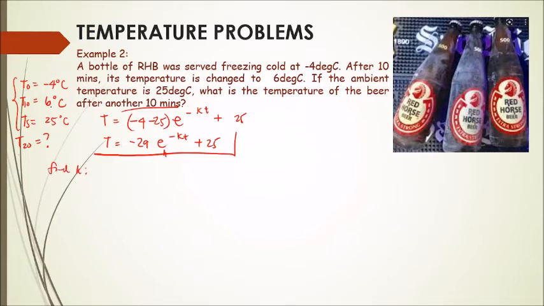You will use this T10 at 6 degrees Celsius. So we have 6 degrees Celsius equal to, that is T10, -29 e to the negative K at 10 minutes plus 25. So, -25 plus 6, that is -19. So that's ln of 19 over 29, over -10, positive. So that is K. K is therefore equal to